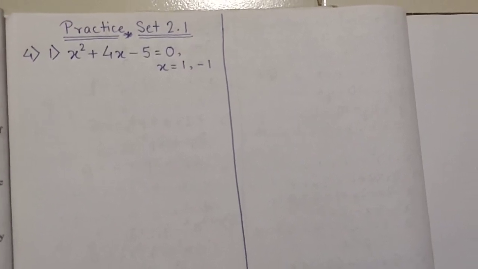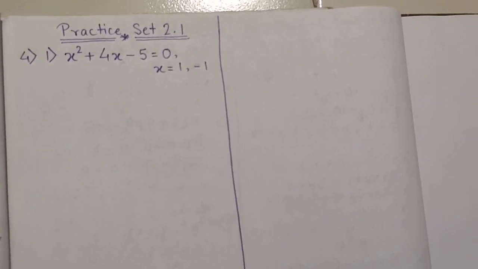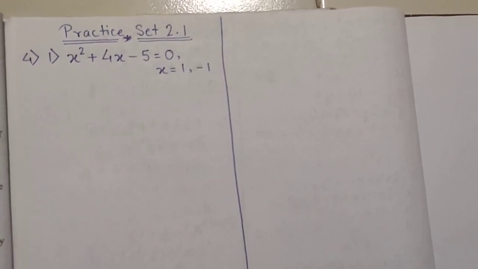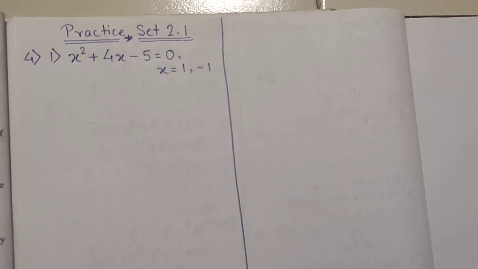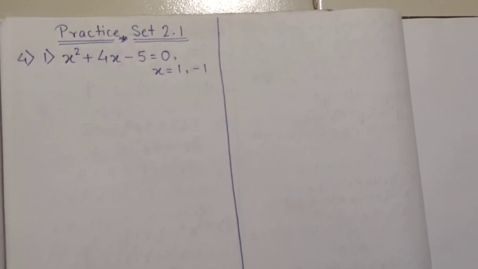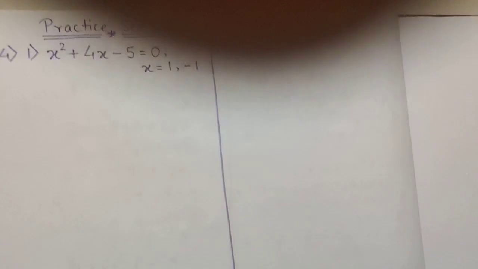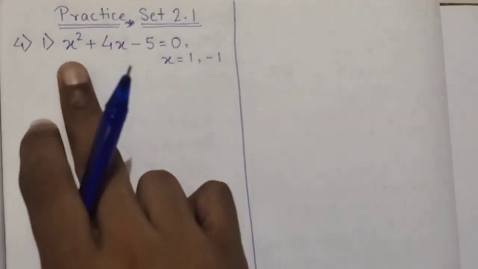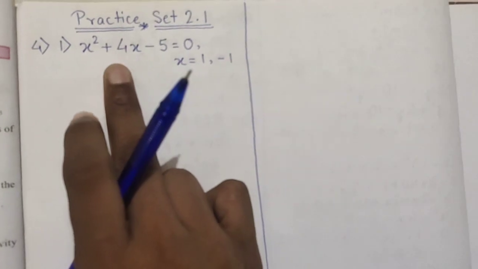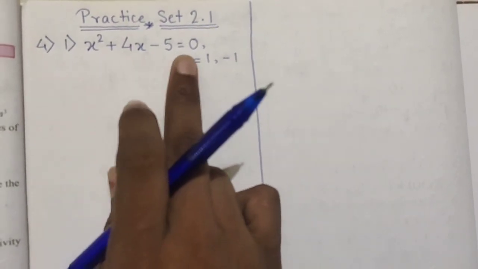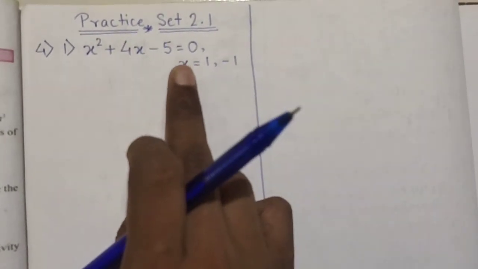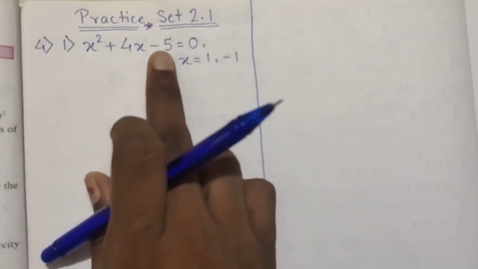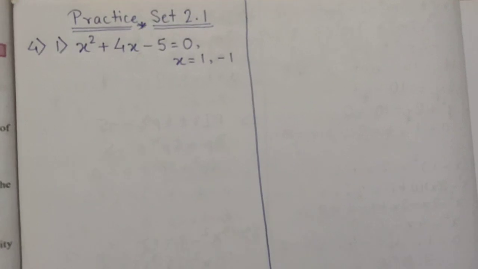This is your equation and the value of x is given to you, and what you need to do is determine whether the values given against each of the quadratic equations are the roots of the equation or not. So you can see here, what is your equation? x square plus 4x minus 5 is equal to 0, and you need to check whether x is equal to 1 is the root of this equation or not. So let us solve this.